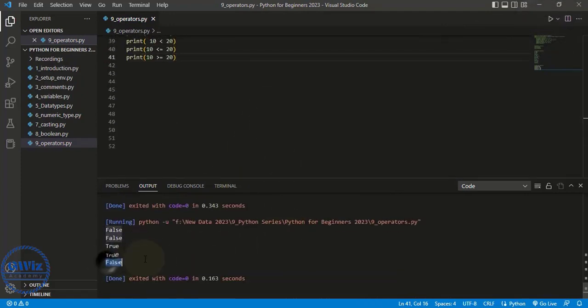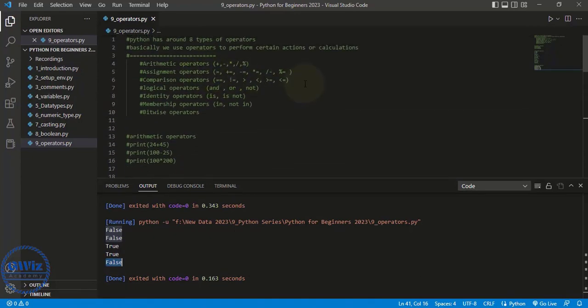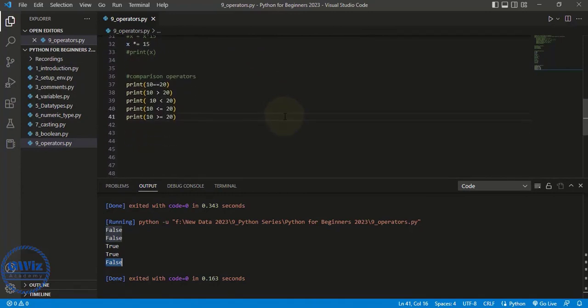Scroll down and it is false, right? So what is happening here is we are using these operators to compare between two numbers, right? So this is how you can go ahead and compare between several numbers in a programming language, and in future videos we will. Right now I'm just using the print function so that it is convenient for you to understand